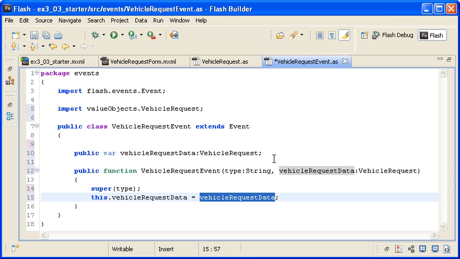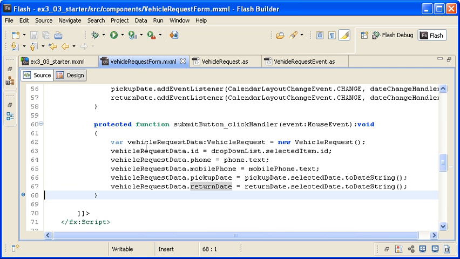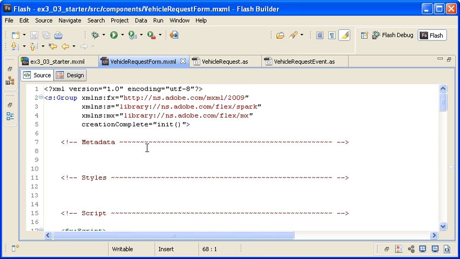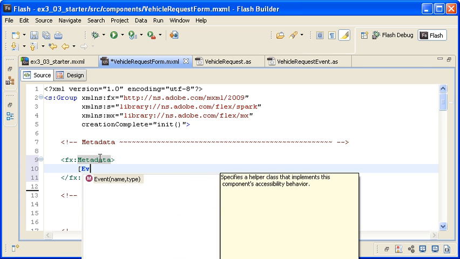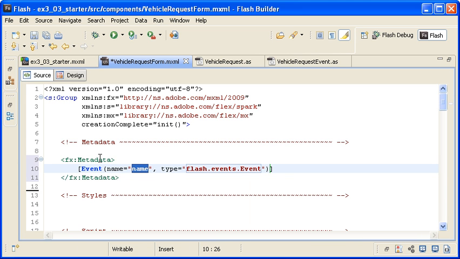I'm saving the event subclass, and then returning to the VehicleRequestForm.mxml file. In the metadata comment section, I am adding the Event metadata tag and then defining the event type. I'm naming the event type vehicleRequestEvent. Notice the lowercase v, and then setting the type to the event subclass that I just created, which is